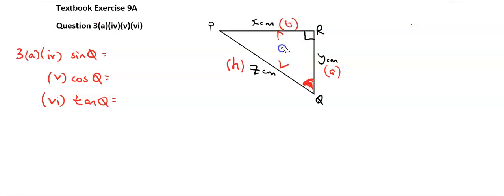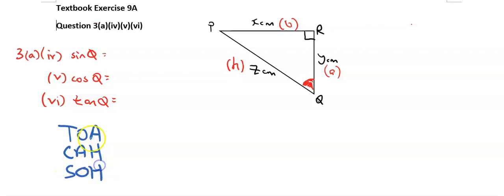Okay, so with these three sides identified, we can do our sine, cosine, tangent. Alright, using our SOH CAH TOA. Alright, T for tangent. So tangent is opposite over adjacent, so it will be X over Y. And then cosine is adjacent over hypotenuse, so it's Y over Z. And sine is opposite over hypotenuse, so X